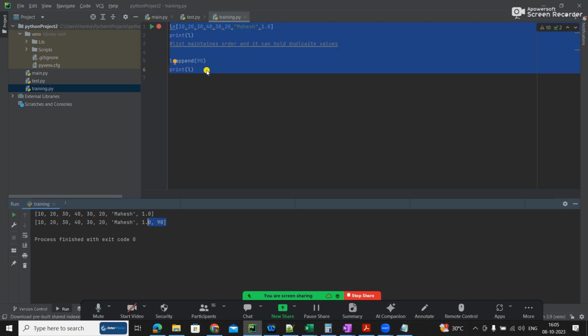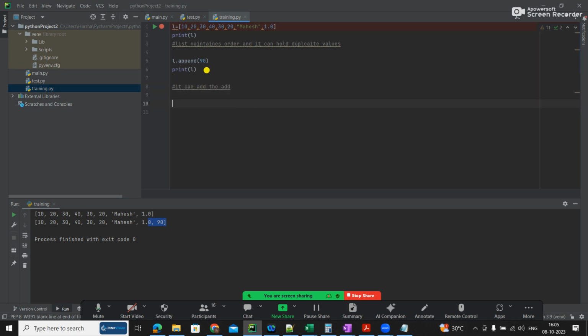So that means it can add the data. We saw right now it can add the data. There are a lot of things it can do which we will see in next week's class, not today. Next, a list can also remove data. Maybe I'll remove 30 and do the print.